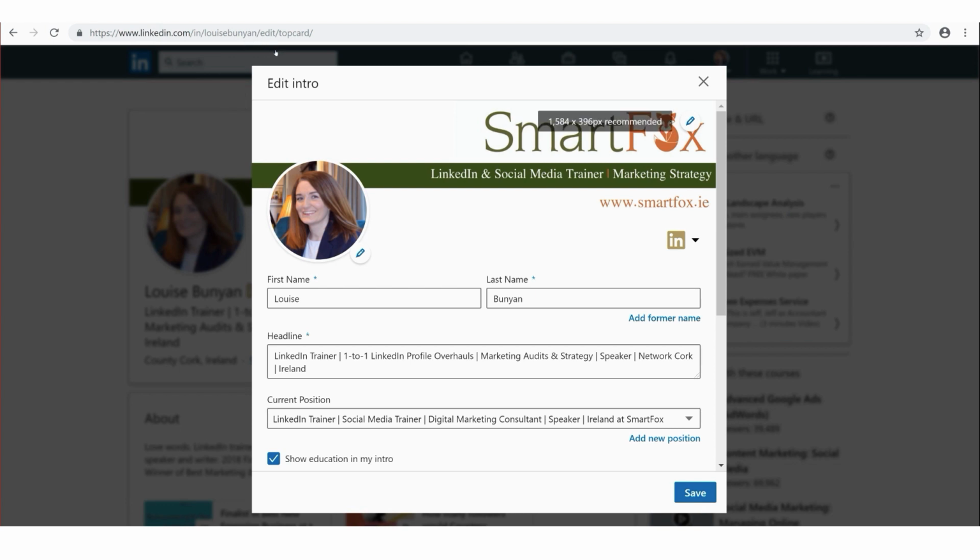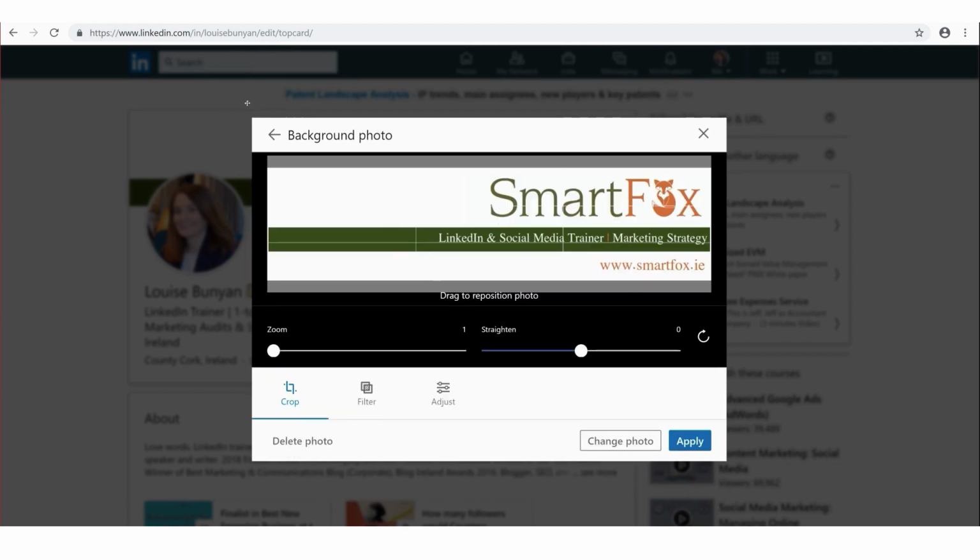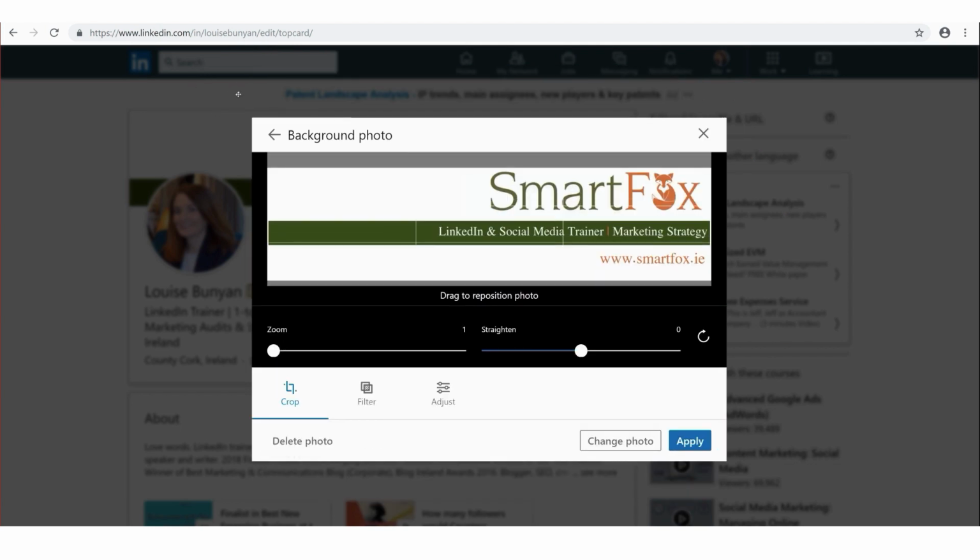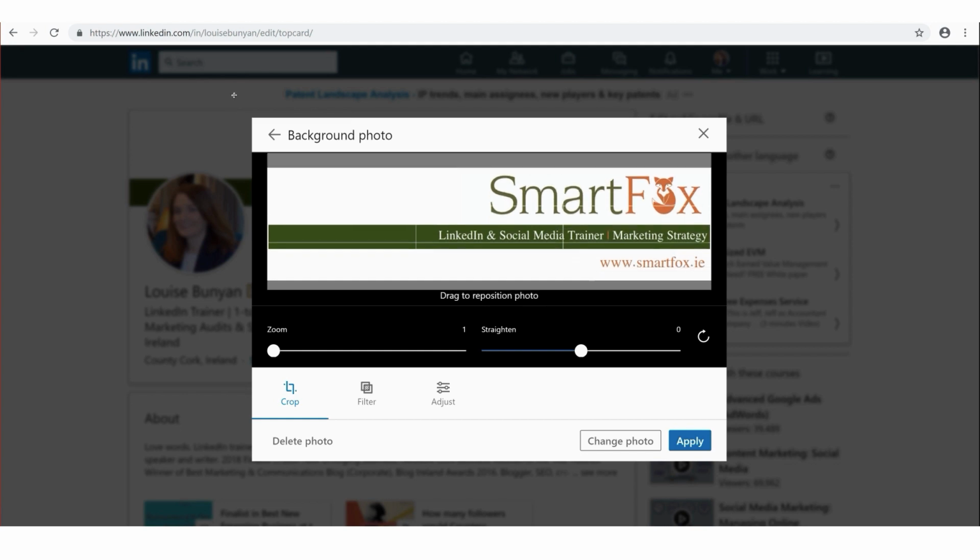See the blue pencil, it's just up here, and if you hover over it, it gives you the pixel size. So I'm going to click that pencil again, and it gives me the option now of I can redrag and just move my existing image up and down. But for this example, I'm going to change the photo. So for yourselves, you might be looking at a picture of you at an event or something like that.